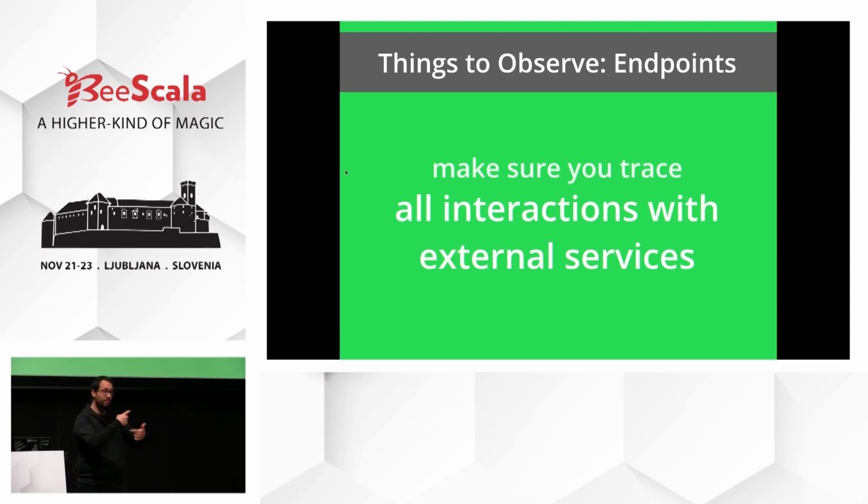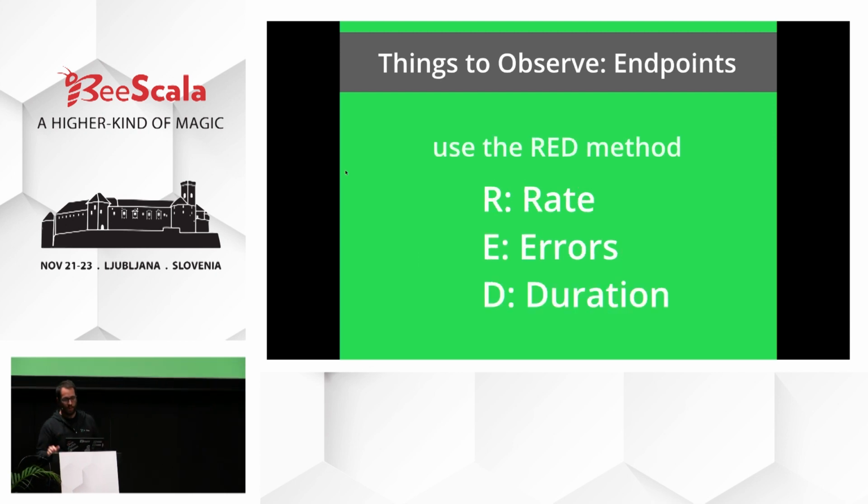And usually, when those dependencies have problems, it all boils down to some database index that was dropped, some database that got slow, some database that became unreachable. So all of these places where you have boundaries between one service and another, or a service and an external dependency like a database, usually you need to keep a close eye on that. So instrument your apps so that you can get that information out of them.